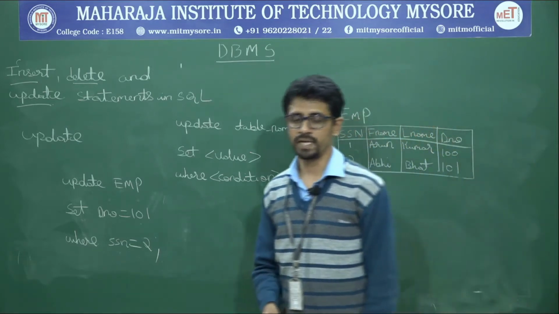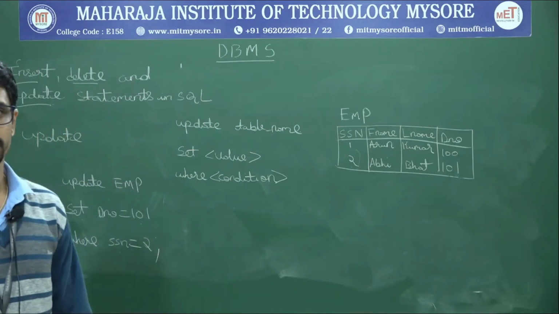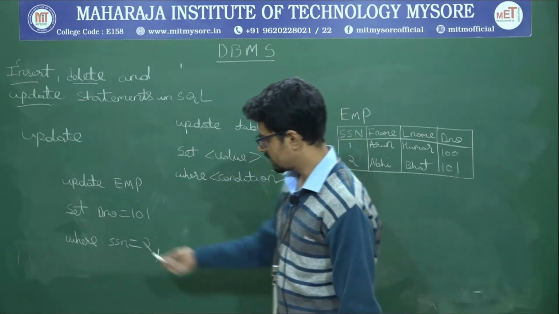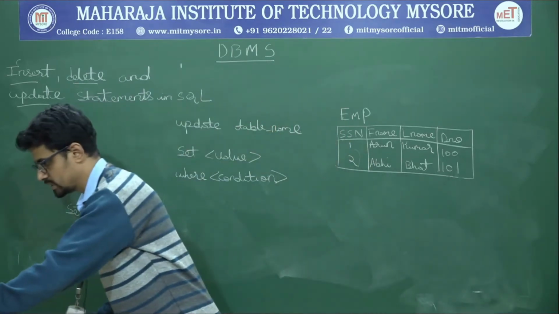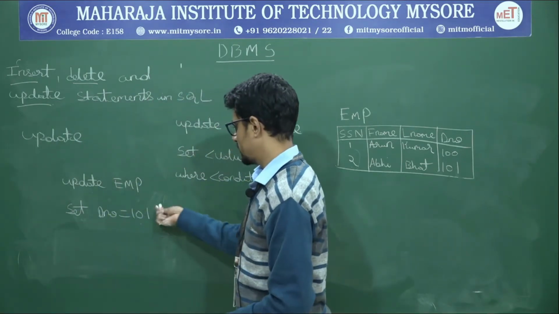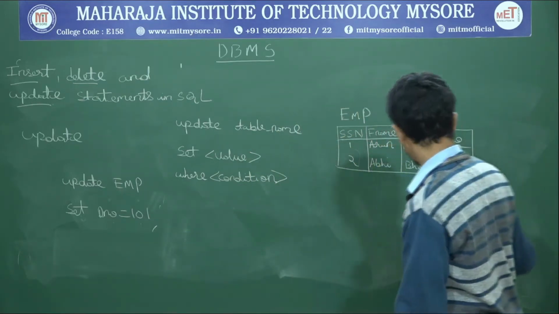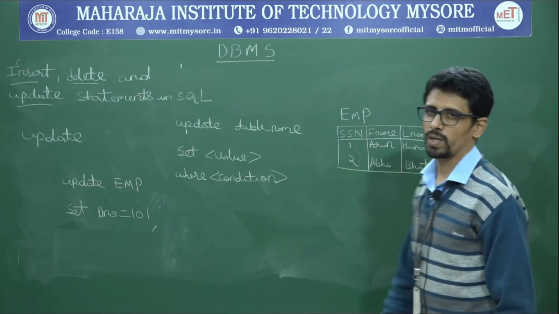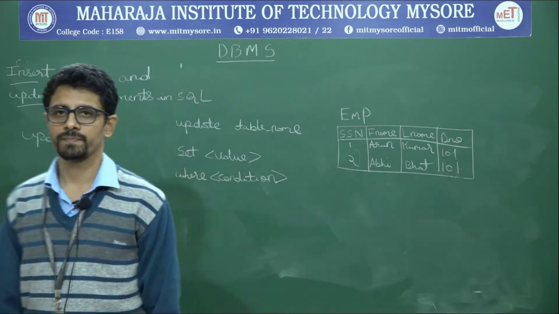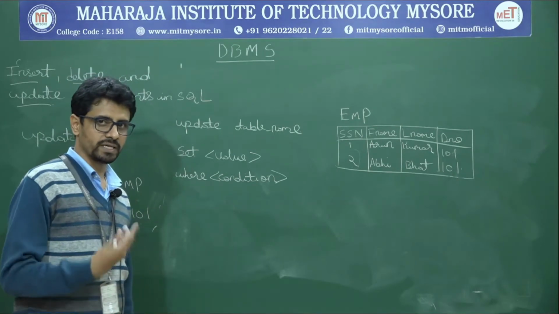So this is the update command which we will be using in order to update the table values. In case of this, if you don't use the where clause, the same condition as in the previous example applies. If I just do this, update employee set department number equal to 101 without any condition, all the rows will be changed to 101. This also happens in case of the update command. And the condition need not be only one condition, you can have multiple conditions.